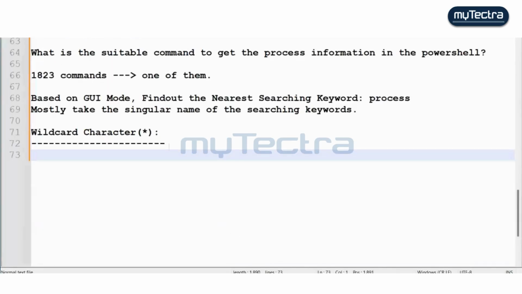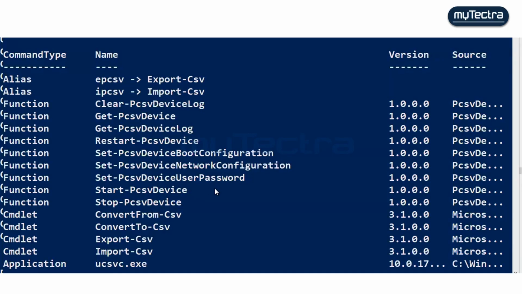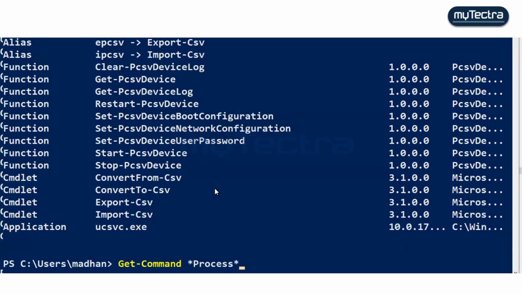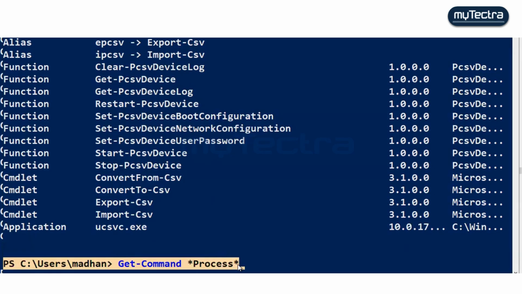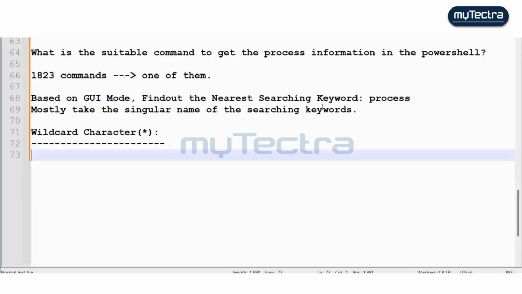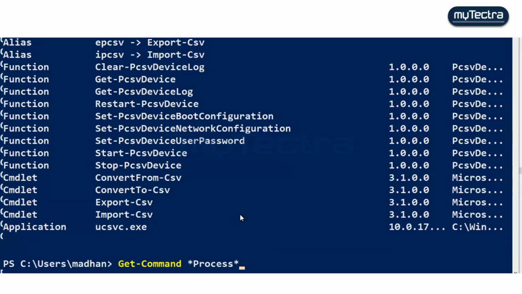For wildcard characters, I will be mentioning like this. Firstly, we have executed something like this, right? I will copy this. So this Get-Command will help when we get stuck somewhere, to know which commands need to run. And inside of it, if I wanted to check about something called log files,